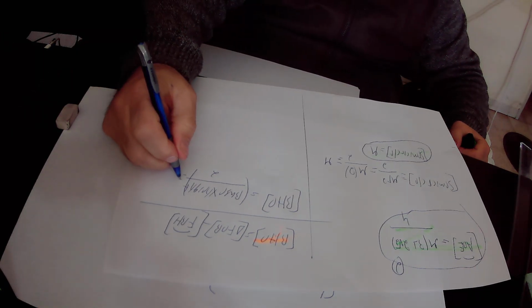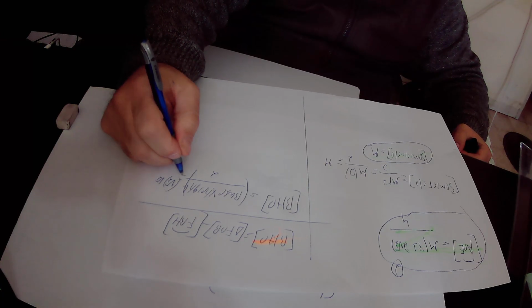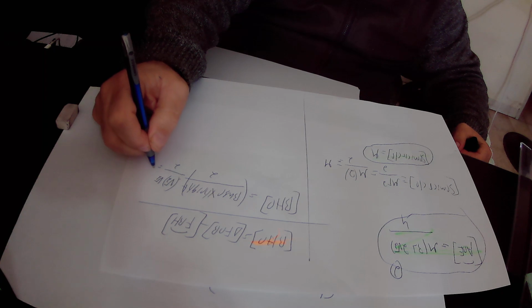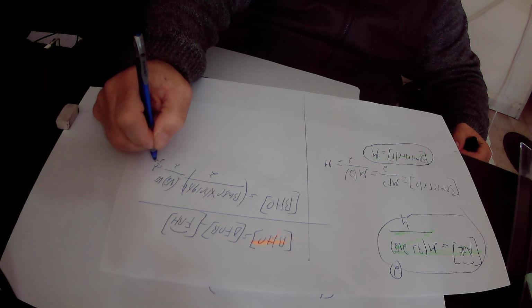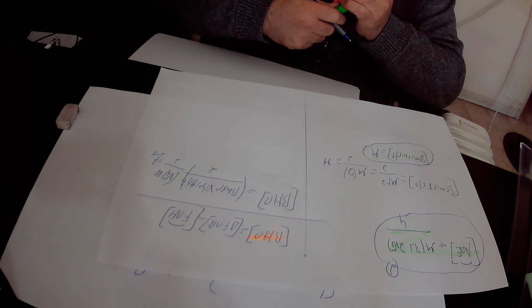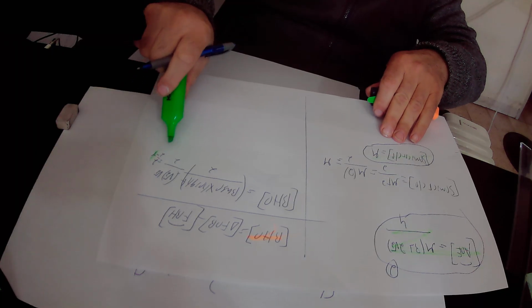So the base is square root of 2 times the height, also square root of 2, divided by 2. Square root of 2 times square root of 2 is 2, and 2 over 2 is 1. So in conclusion, we found out that the area of the right triangle FOB equals 1 square unit,